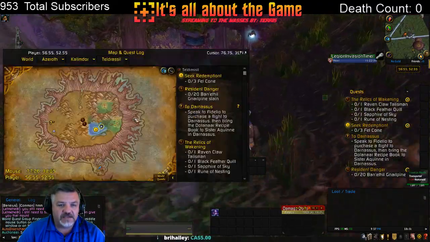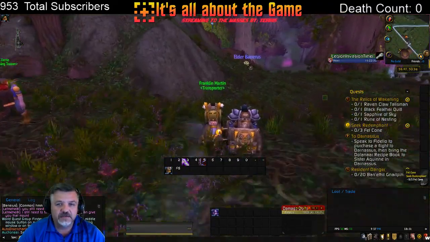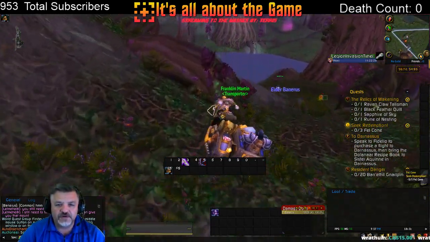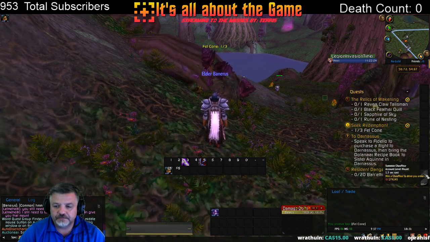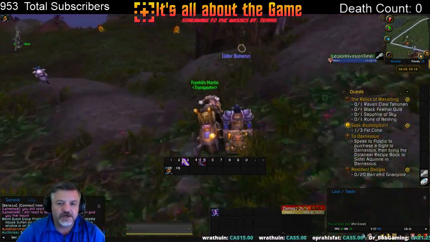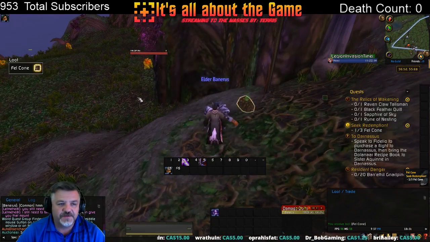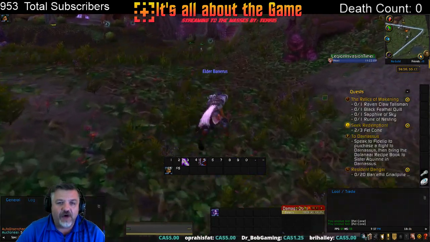Alright, let us, what do we got to do here? We need fell cones we got to get. So we might as well dive straight into this. Those are some pretty big pine cones. Still trying to get used to the new interface, but I think it's coming along. It'll do the trick. I have it kind of set up as much as I can to how I run